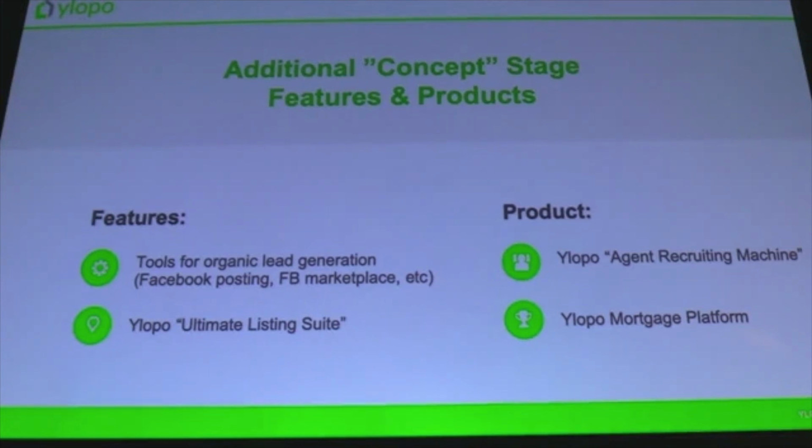Press a button. Go into Mission Control, press a button, boom. 100%. Yeah, so the